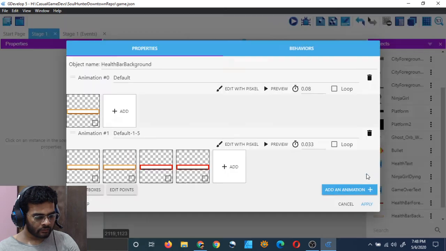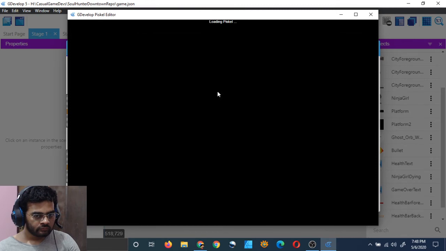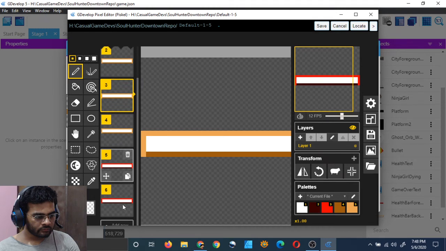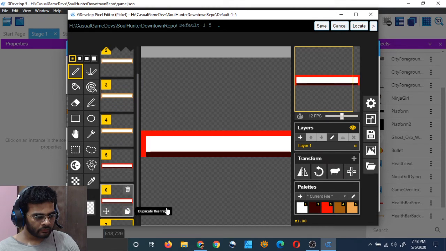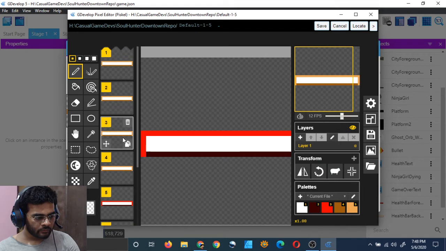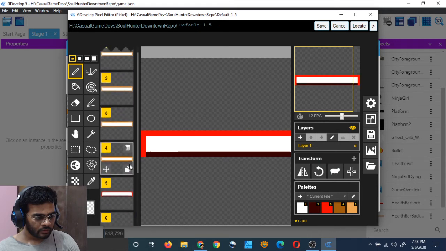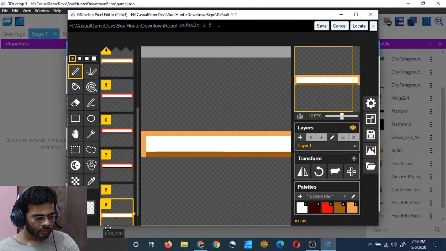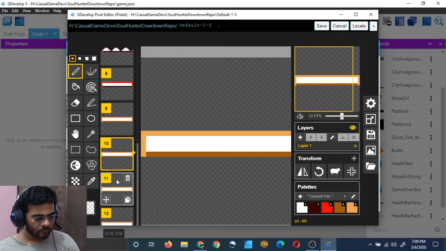It's very fast, so I will add more frames. At least 4 frames of this. Four frames, and then one more frame will move down here, again down here, and I will duplicate it as well. 1, 2, 3. I have 4 frames.